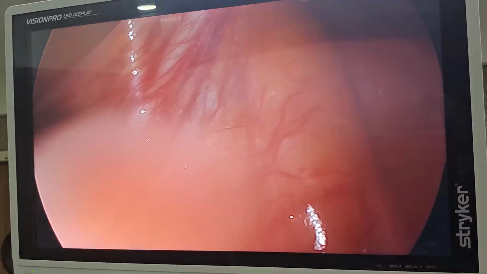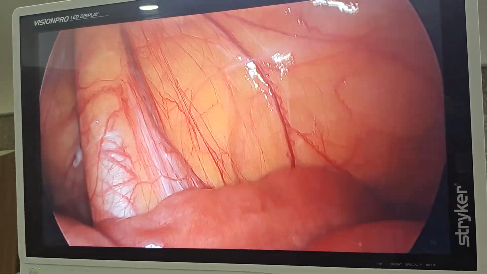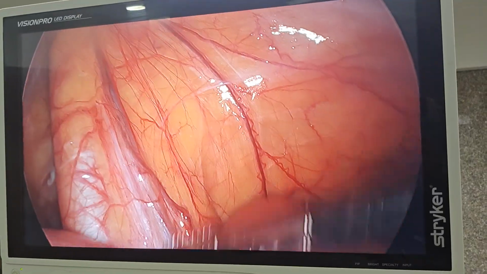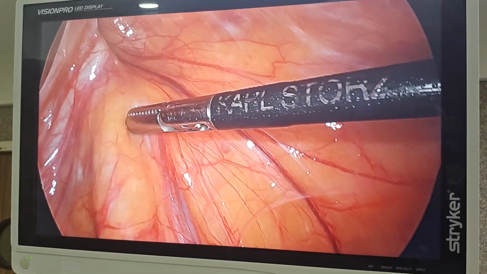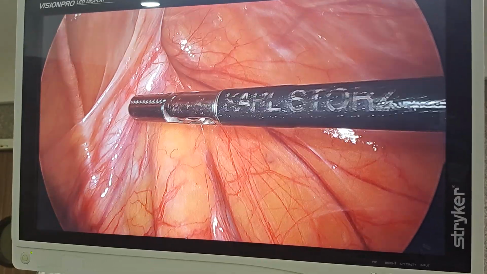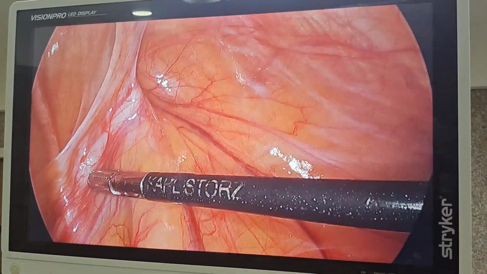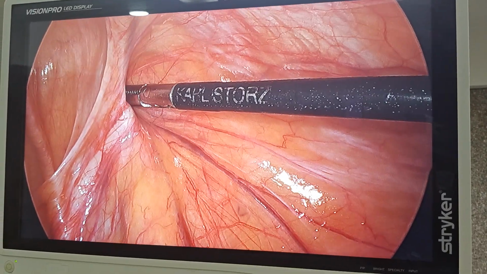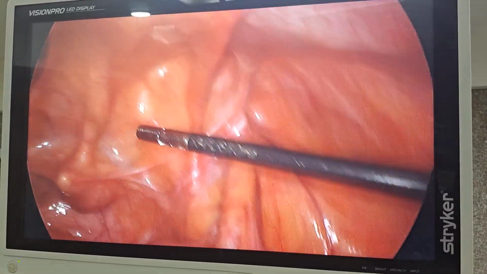Can you appreciate? And see, I want to show the gonadal vessels. So for juniors, the gonadal vessels are a branch of the aorta. See here, along the iliac, the gonadals are coming, and the gonadals are lateral. The cord structures, the spermatic cord, are medial, and both of these join in the deep ring and form the cord structure which travels into the inguinal canal. So anatomy is clear.